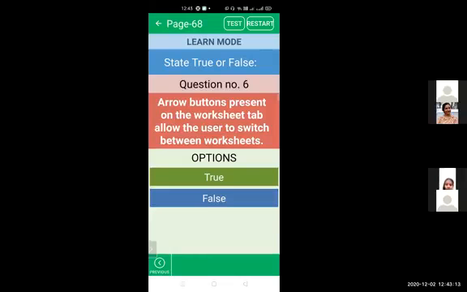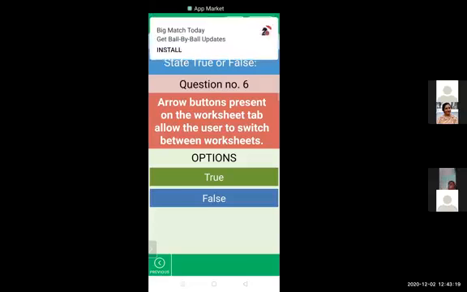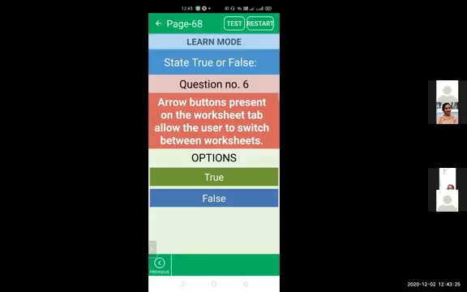First statement of question number B, that is say true or false. First statement is false. Please cross check your answers. First statement is false. Second is true. Third one false. Fourth statement is true. Fifth statement is false. And sixth statement again is true.